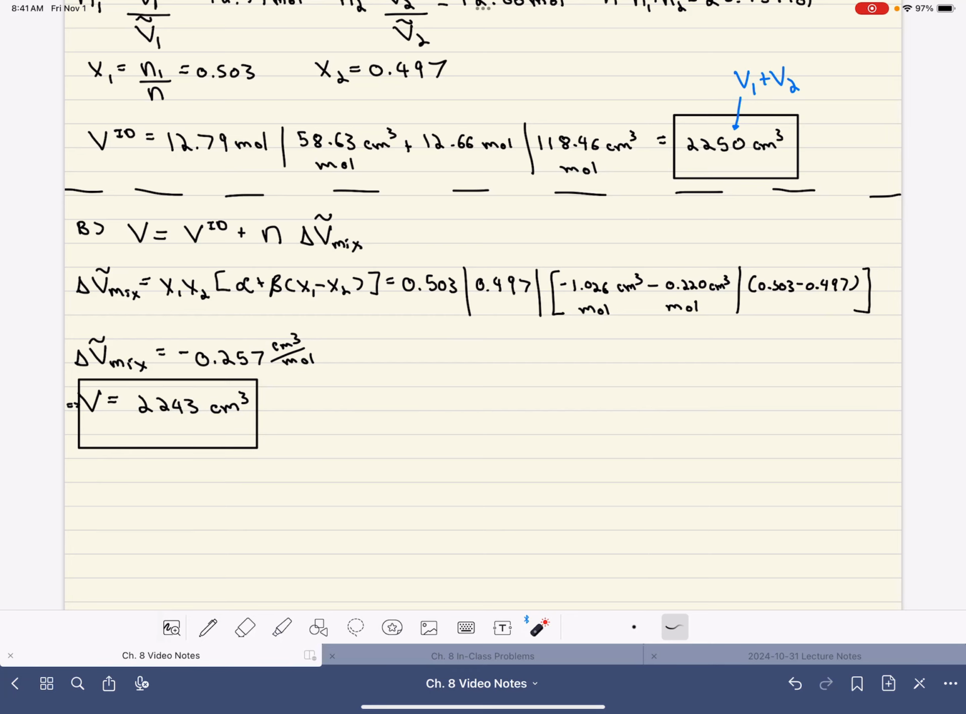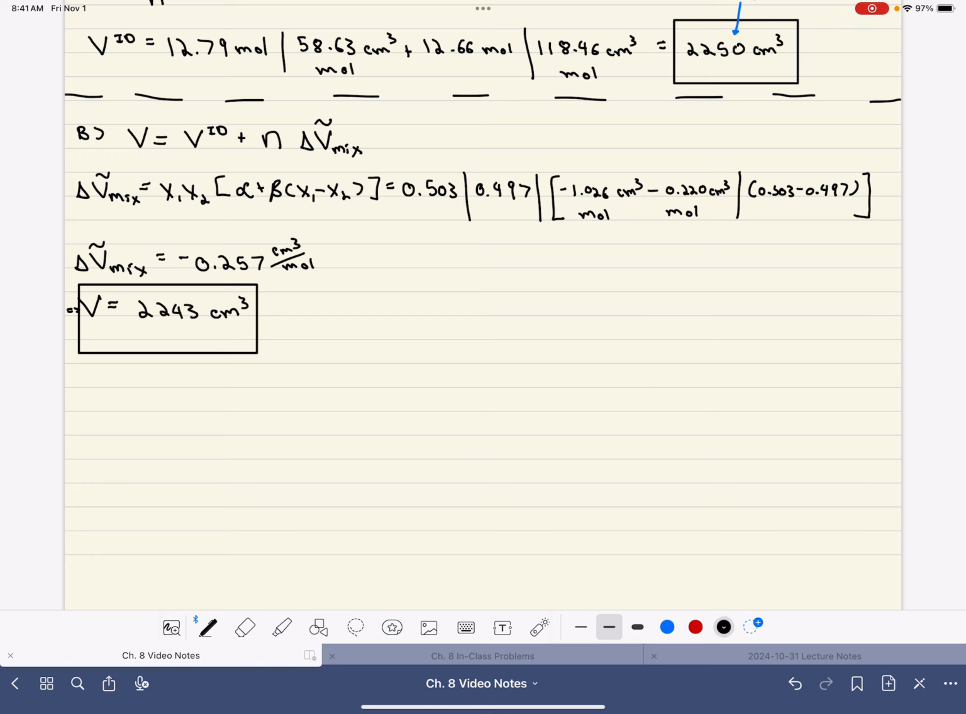Now that we calculated the actual volume of the mixture, let's now move on to calculating the partial molar volumes of species 1 and species 2. To do that, we'll have to use our definitions of the partial molar volumes, which is for V1 bar, it's